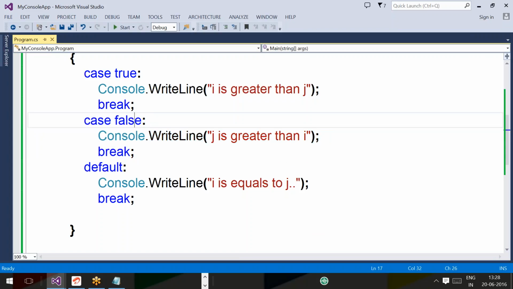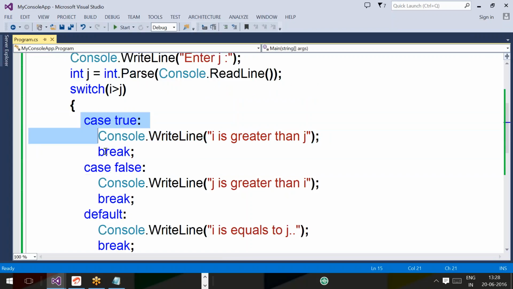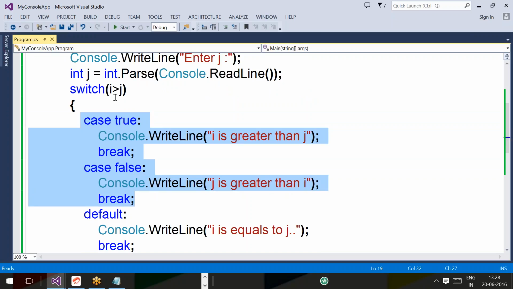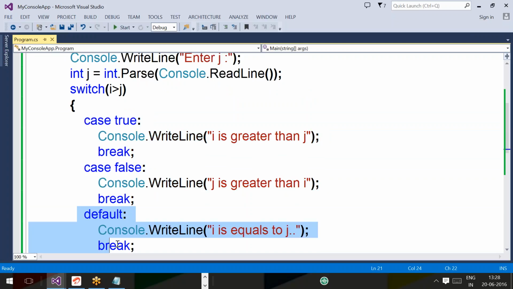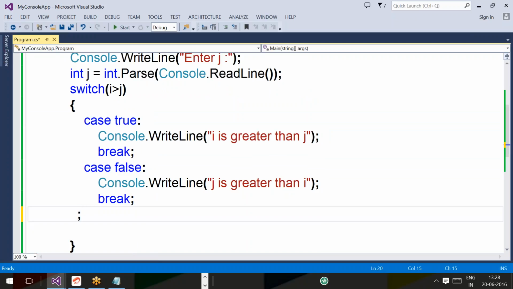Either condition means it can return either true or false. Whenever you have written a condition in the switch, writing default is a waste. No use to write it. So in this case,